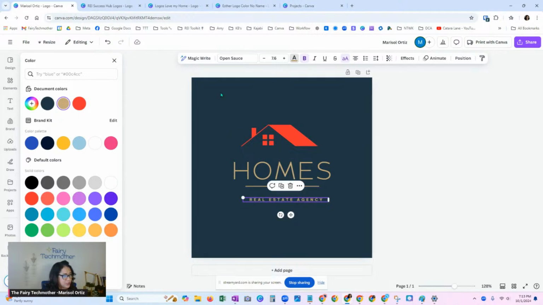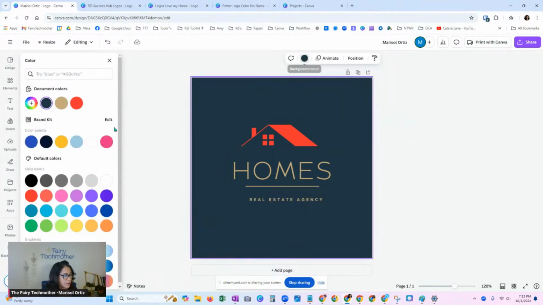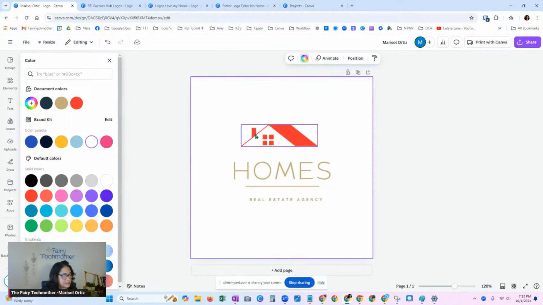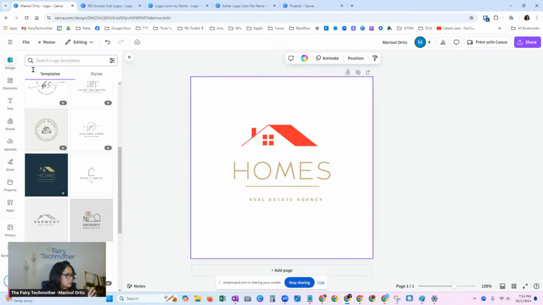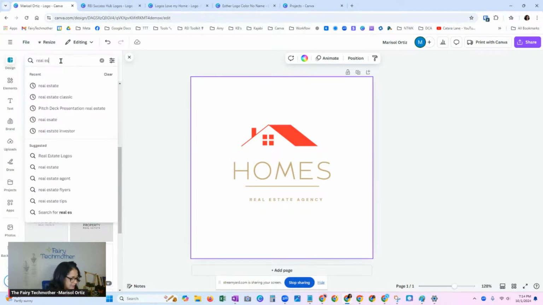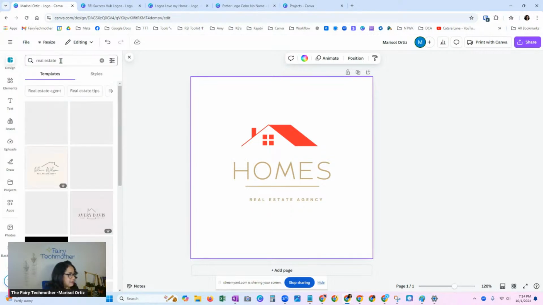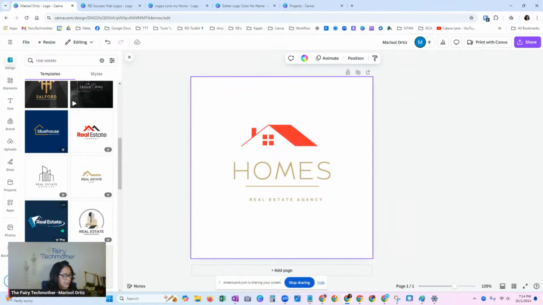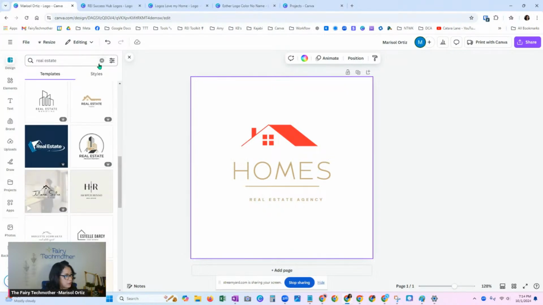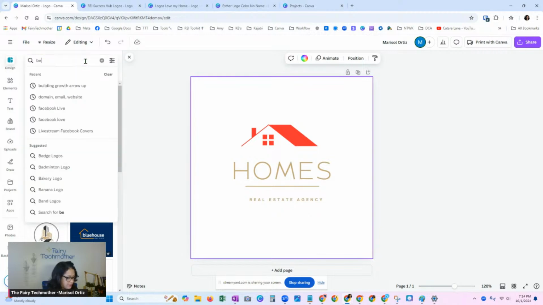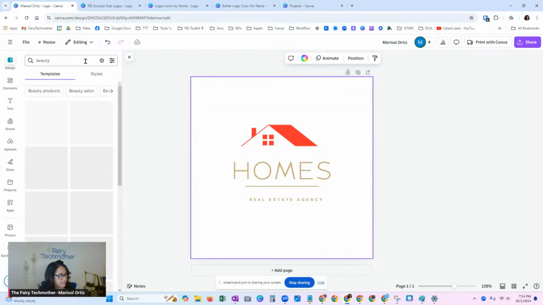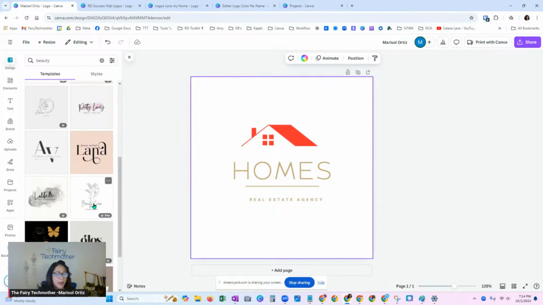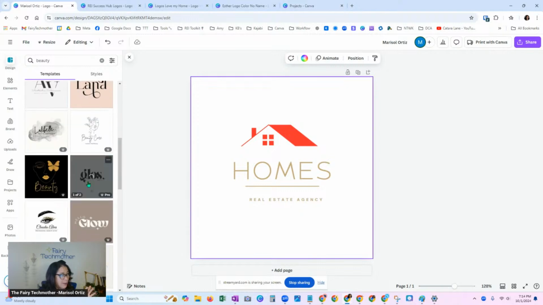The background is changeable. You can click right here. The background, you have white. So there's that. And those are your basic features. You can do this all day long. You can grab any of these logos. You can type real estate in here. It's going to give you logo designs that are going to be around that category. I mean, just to give you an example, if you're not a real estate investor, I'm just going to put beauty in there, maybe you're a hairdresser or something along those lines. So you can help narrow it down, because otherwise there's thousands and thousands and thousands of templates. So I'm just helping you narrow it down.